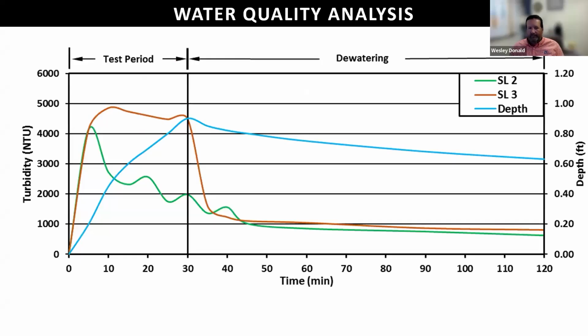When we look at the turbidity as a result of this, the interesting thing is that as depth increased with our silt fence, the turbidity at the bottom of our water column was the greatest, and it stayed that way throughout the entire storm event. And I'm not showing the sampling location 4, which is the downstream point where we sampled right through the filter fabric itself, because it almost exactly mimicked the SL3, the stormwater location 3. So, that worst case scenario, that stormwater at the bottom of the fabric was still coming through the fabric itself. The cleanest water we found was at the water surface at the top.